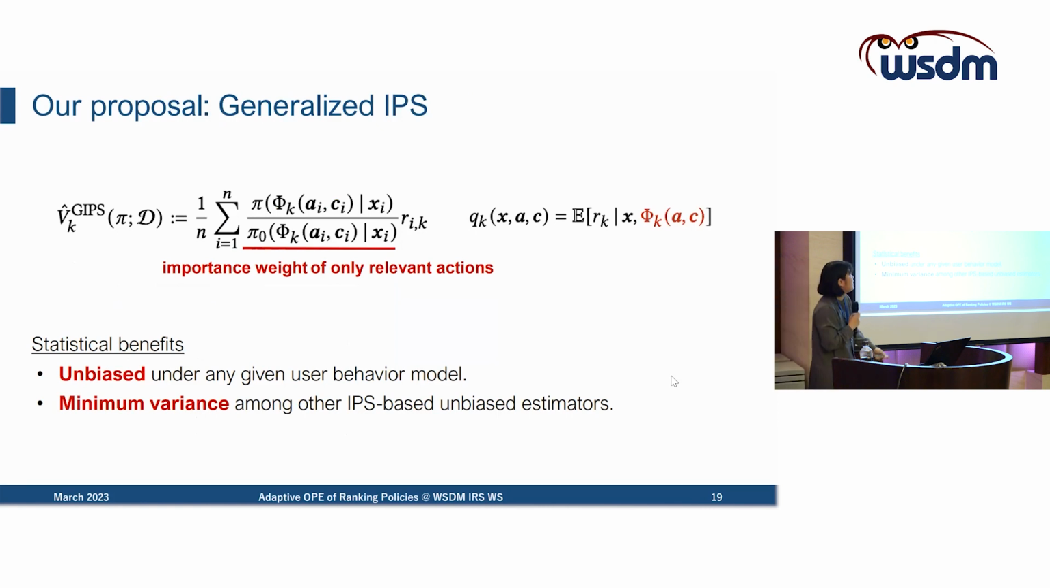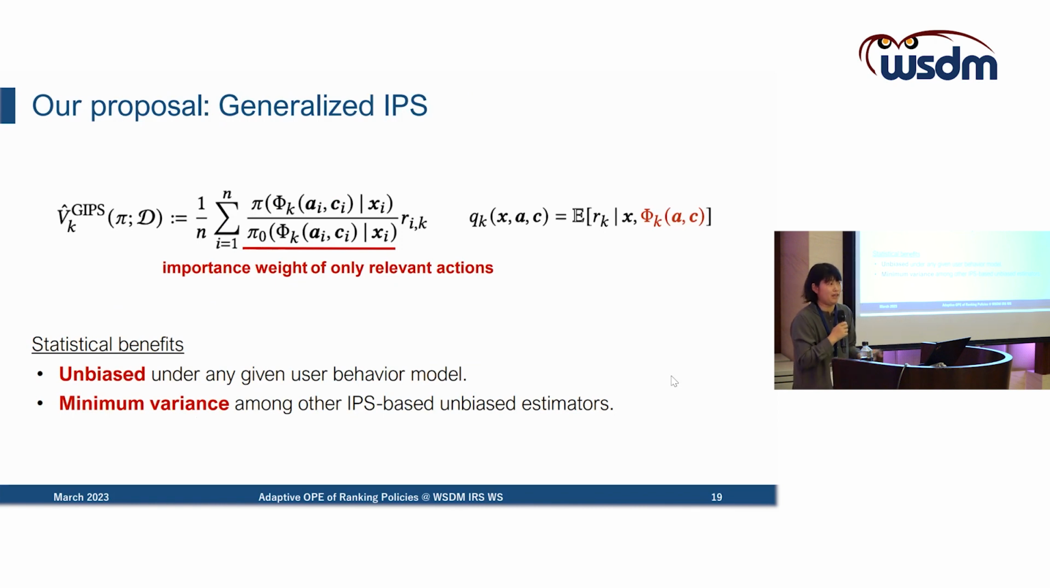the importance weight. So what we are assuming is that the reward observed at each position depends only on the relevant action specified by this true user behavior model index C. And by applying importance sampling only for relevant actions, we can use the minimum sufficient user behavior assumption. So we can now enable unbiased estimation under the given true user behavior model, while also achieving the minimum variance among